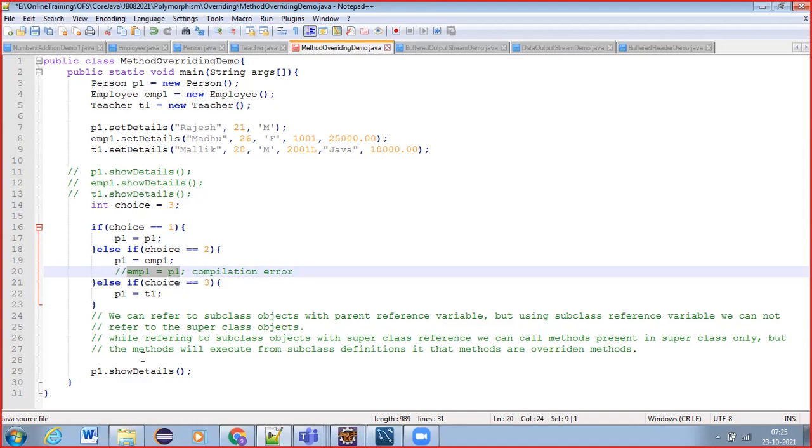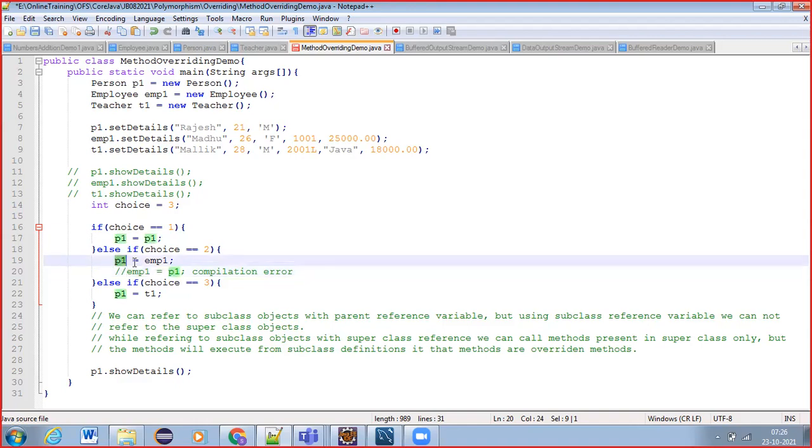Next thing is, when you are using the parent class reference referring to a subclass object, you can call all the methods that are present in the parent class only, but not the methods present in the child classes.